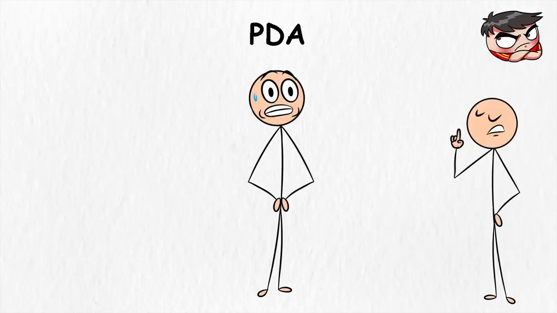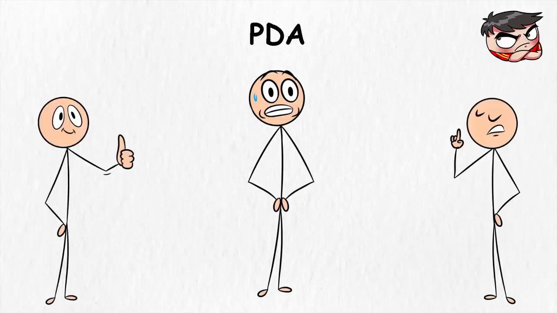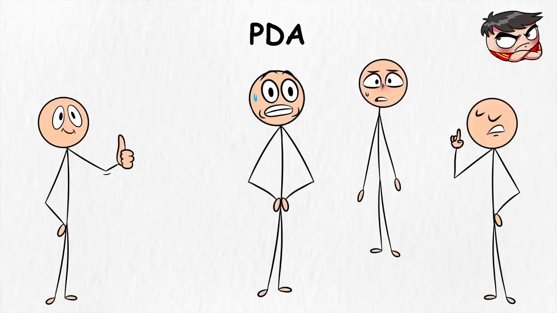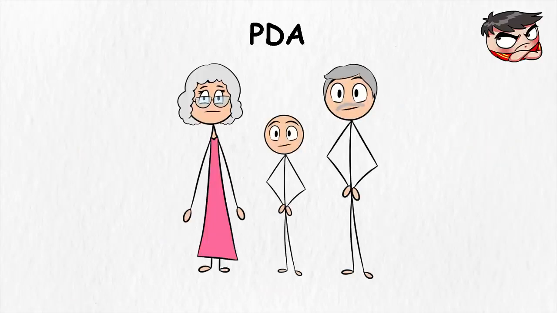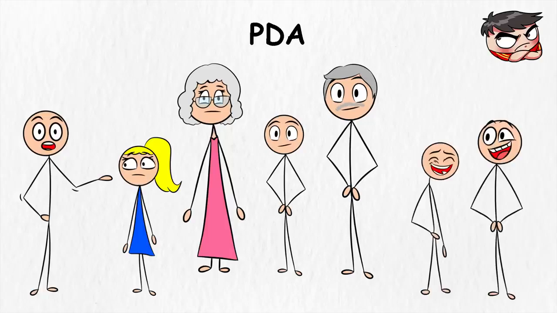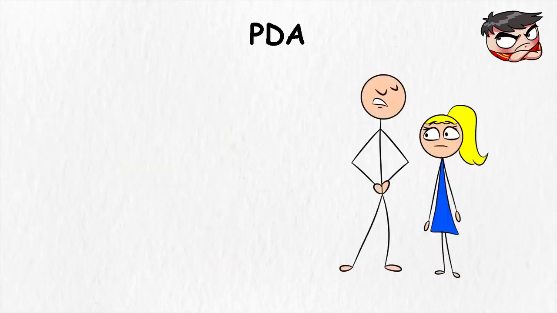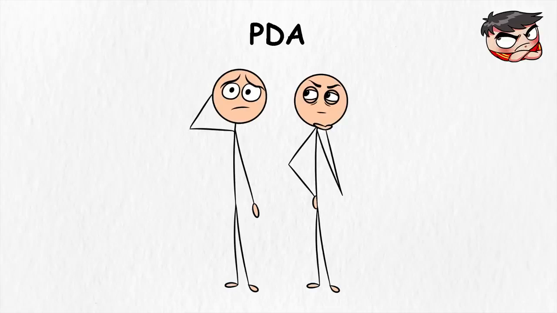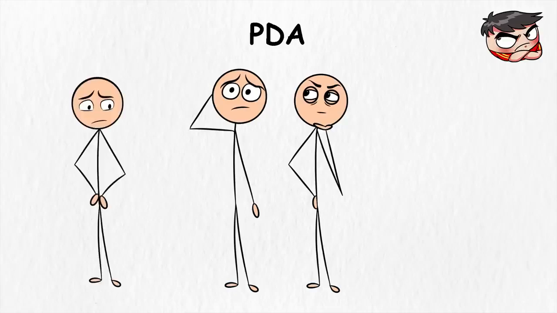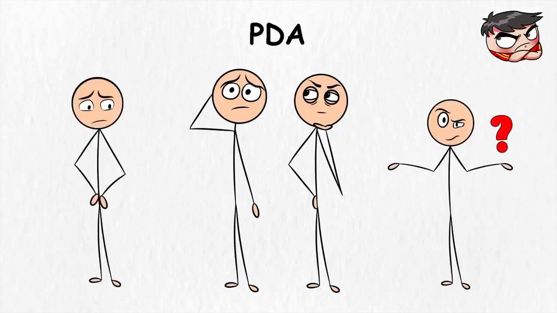Structures and rules, which usually help other autistic individuals feel safe, can actually make someone with PDA feel more trapped and trigger even stronger avoidance. Traditional parenting, teaching, or management styles, things like strict schedules, firm instructions, reward systems, often backfire hard with PDA individuals, leaving everyone frustrated and confused.